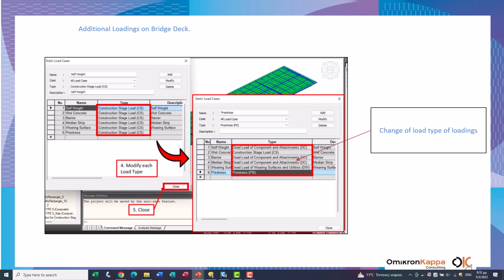Here we have to change the load type of the loadings. Instead of construction stage load, we provide each load a specific type, so that when we do the combination, Midas Civil can provide the correct combinations and safety factors.